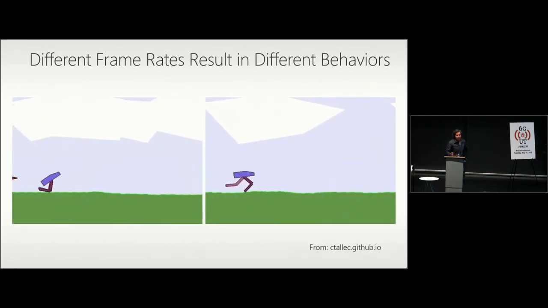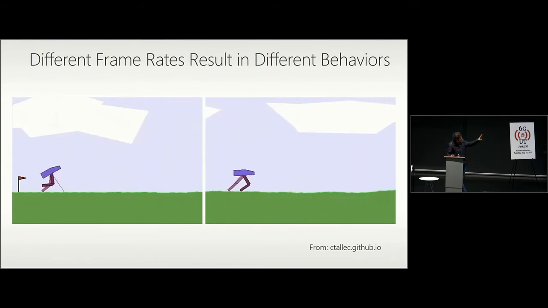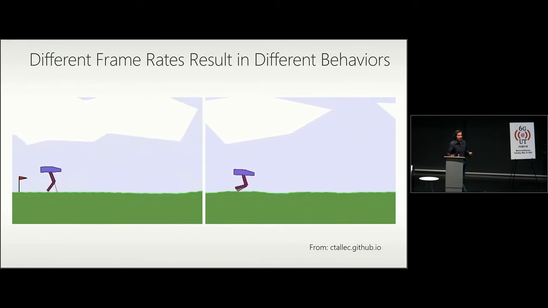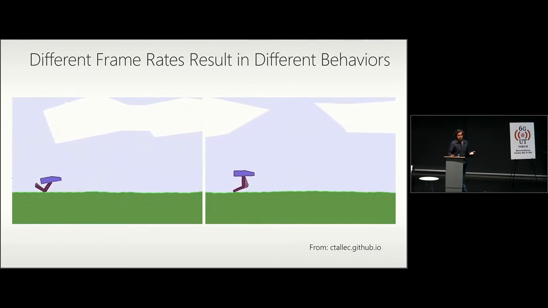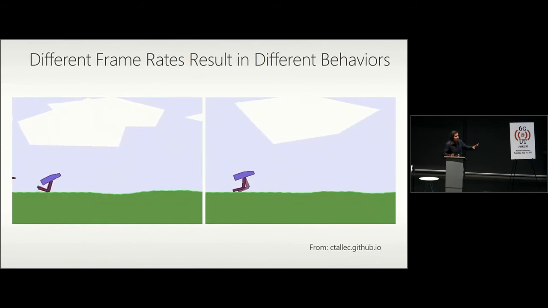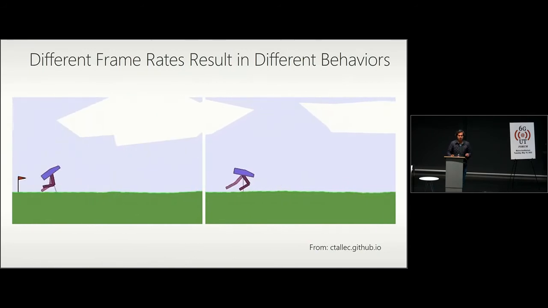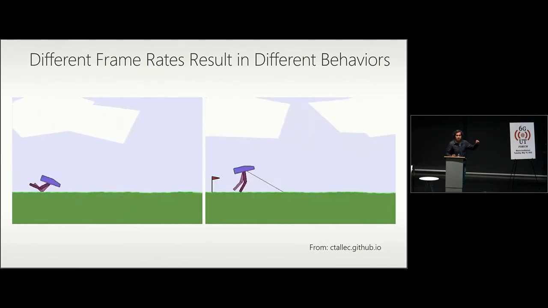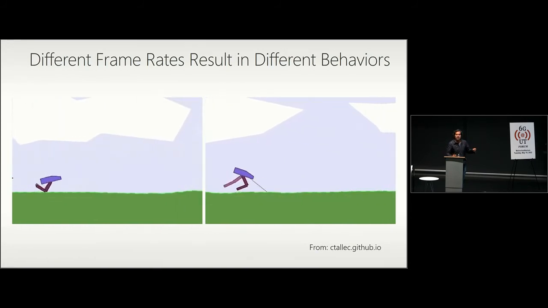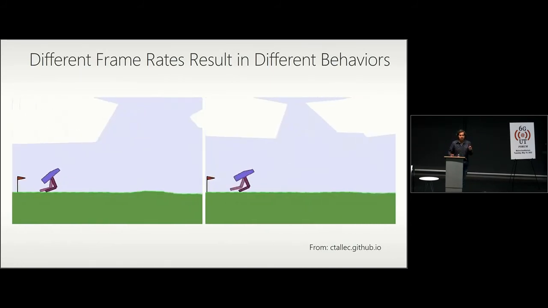If any of you have played with OpenAI Gym and reinforcement learning techniques, this is probably familiar to you. This is an agent, a bipedal robot that you're trying to control using reinforcement learning. And what I'm showing you is exactly the same underlying algorithmic framework. Nothing has changed except the frame rate. One of them is at 20 frames per second, another one is at 1,000 frames per second. In one case, we can actually learn this thing really well. And in the other case, we don't make any progress at all. And nothing has changed, right? The only thing that has changed is the frame rate, right?